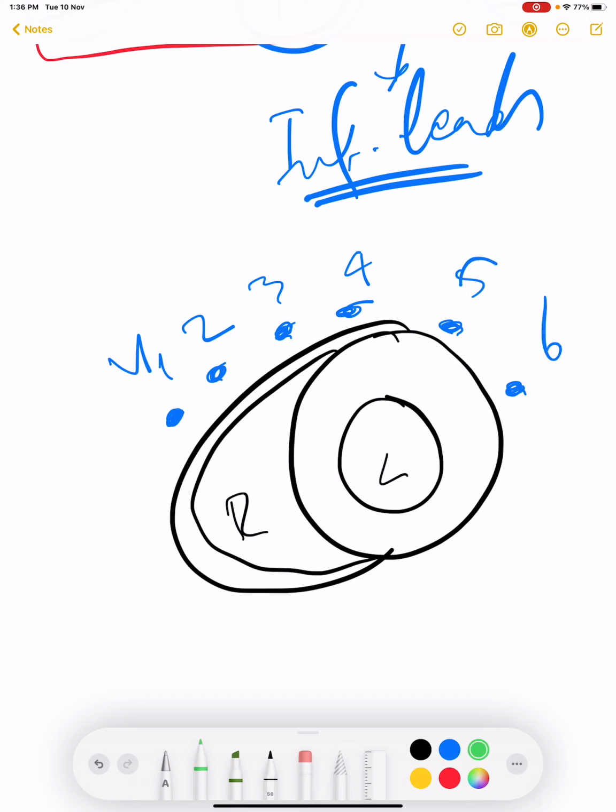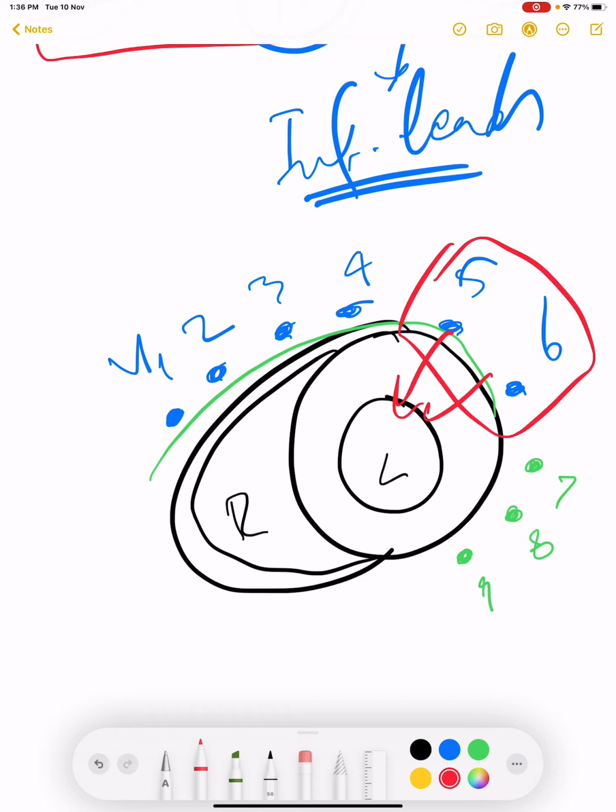And in some cases, when we are suspecting a problem in the posterior wall, we can put some extra leads posteriorly, labeled as V7, 8 and 9. These are the chest leads because they are located along the chest, and they can further be divided into different groups. Leads 5 and 6 are looking at the lateral wall of the heart. That's why they are called lateral leads, like 1 and AVL.